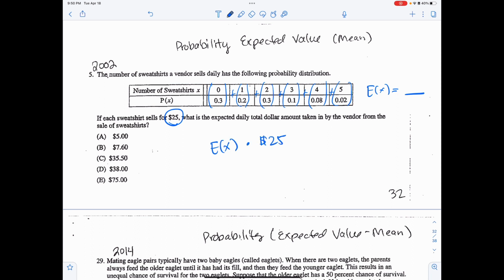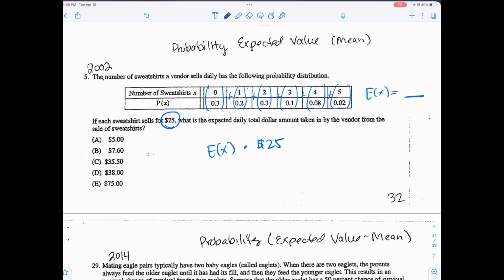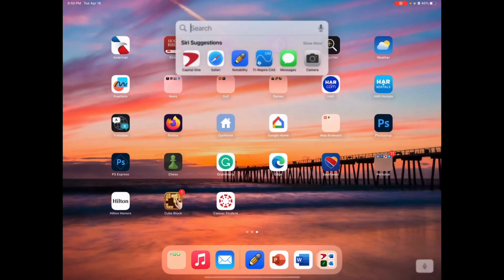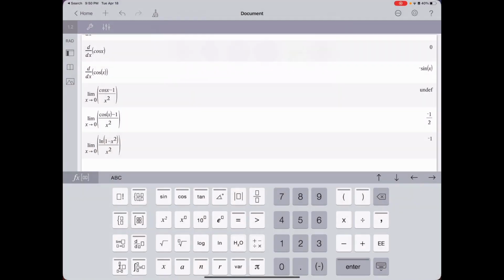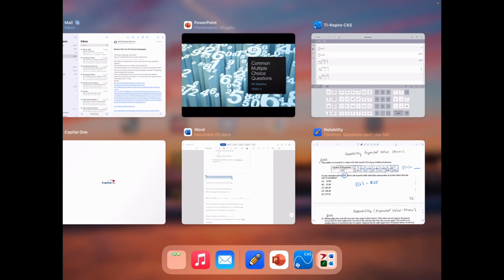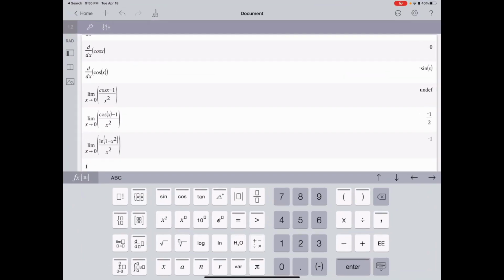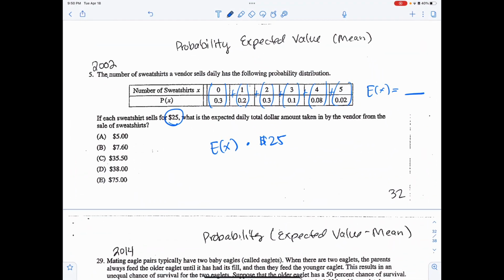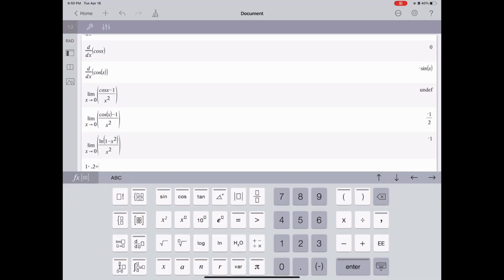So you're going to put this into your calculator. So let's go ahead and put it into our calculator. Let's get my CAS here. And you have 0 times 0.3, which is 0, so I'm going to leave that. 1 times 0.2 plus 2 times 0.3